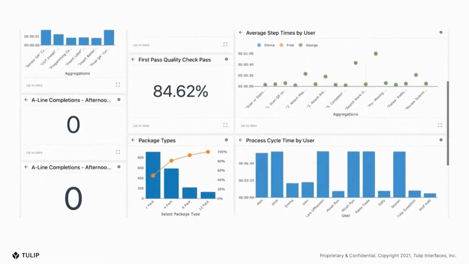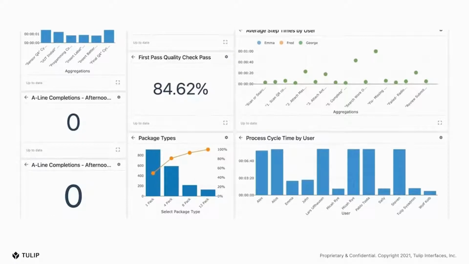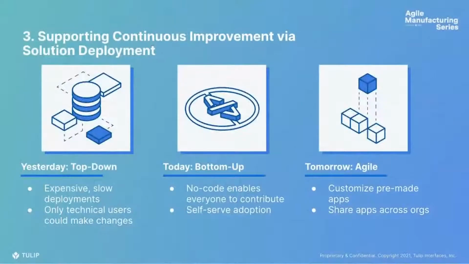You can share with external stakeholders as well. And we found that pretty useful with our customers. So with that, let's go over the third focus area, which is